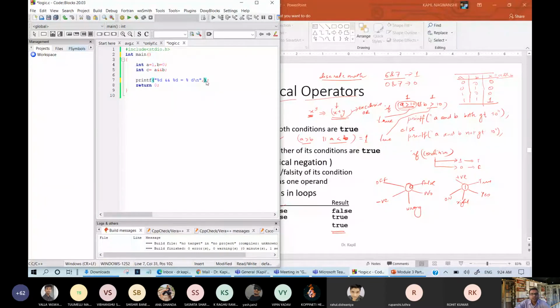So instead of writing anything, I'm writing 1, 1, 0.